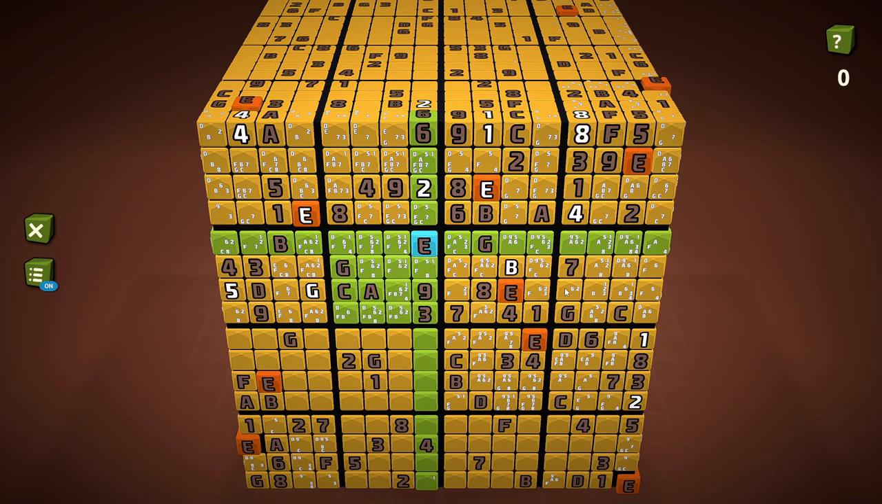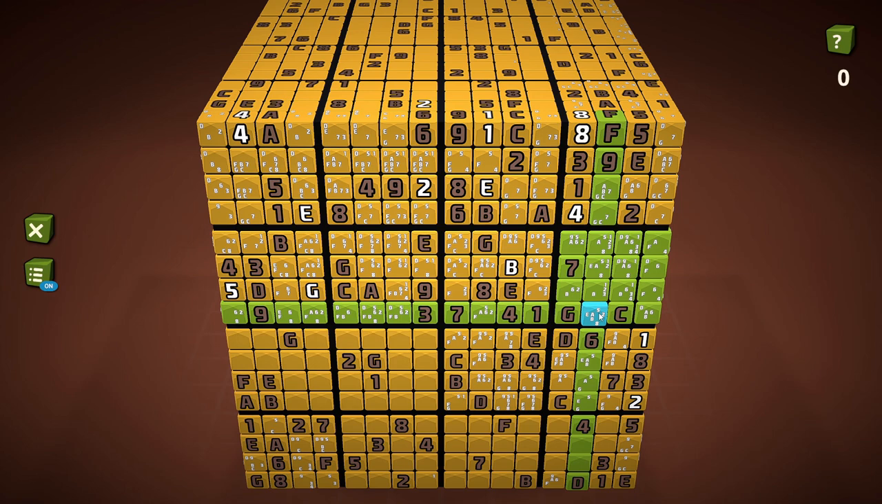And E. Can't be top row, can't be third row. Can't be that or that. Wait, it's also not here, which means... Wait a second, wait a second. Can't be the top row, can't be the third row. Okay, can't be the right row. So it has to be